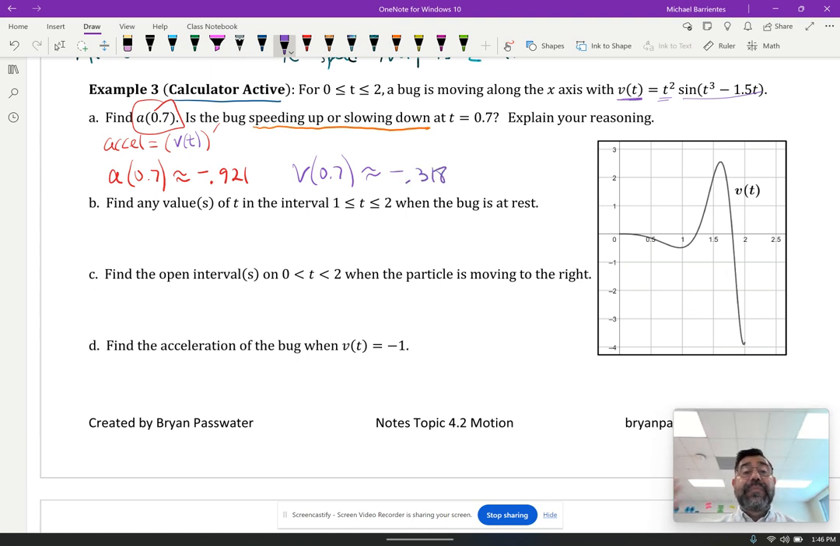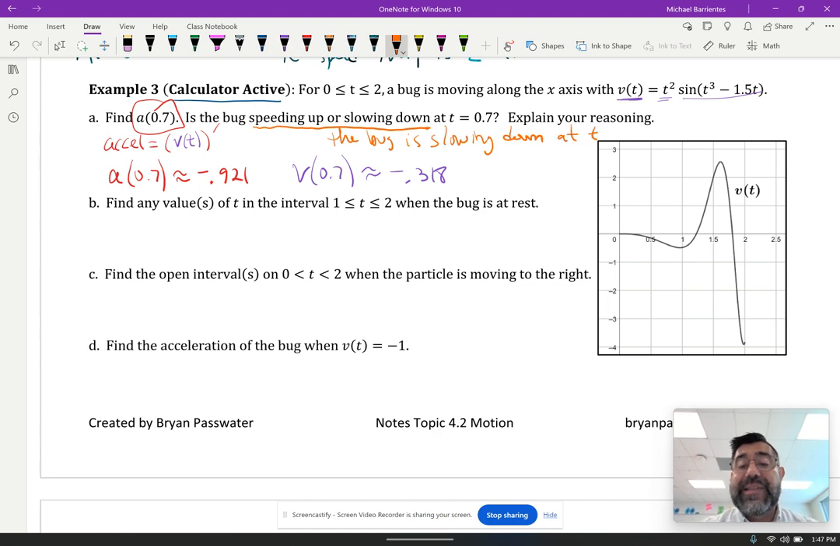And so now I have both measurements. Why do I need them? Because I need to tell whether they're speeding up or slowing down. So my acceleration is negative, my velocity is negative. So the bug is slowing down